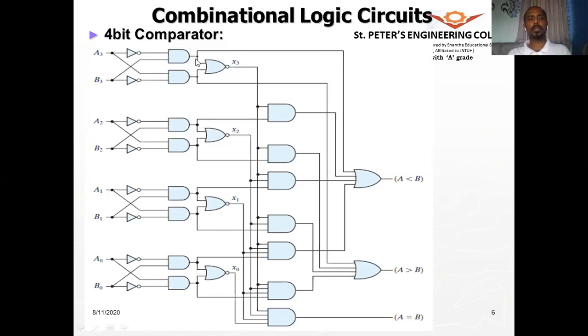So one input is 0, another input is 1. So what is the output of this NOR gate? NOR gate will be 0. So when the output of the NOR gate is 0, therefore we see that they are not equal. So this is the XNOR function, and we have seen that it is 0 when the bits are not equal.